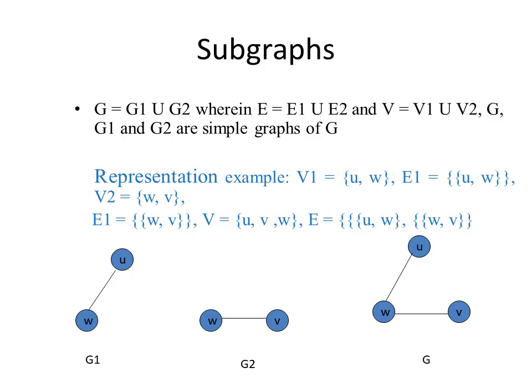Then there is another definition here. Simply, you can say the union G1 union G2, where E is equal to E1 union E2, which is nothing but V equals V1 union V2. Into that, G1 and G2 are simple graphs or subgraphs of your